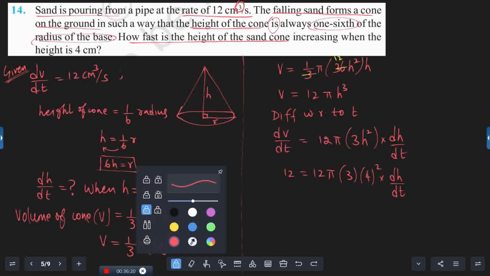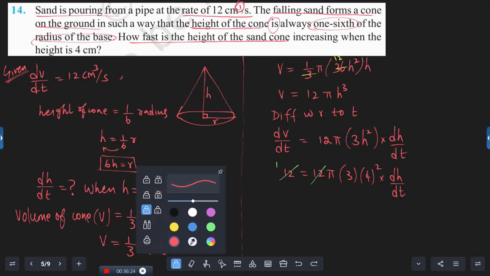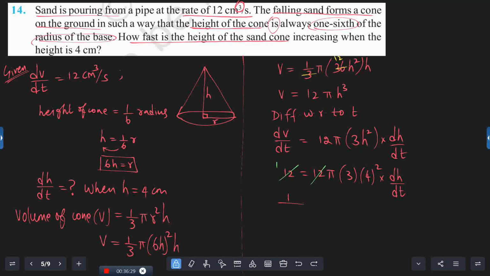Understand? Now you can cancel this 12, 12. Remaining, whatever you have, you send opposite. So 1 divided by 4 square, 16. 16 into 3 is 48. 48 into pi, 48 pi. When you send opposite, 1 by 48 pi is equal to dh divided by dt, our required answer. Therefore, the height of the sand cone is increasing at the rate of, you can write hence,